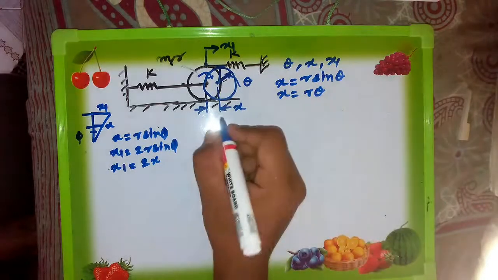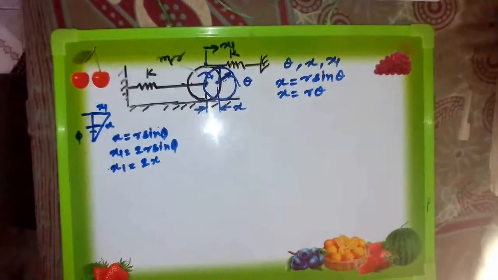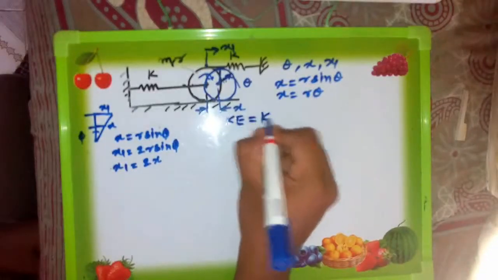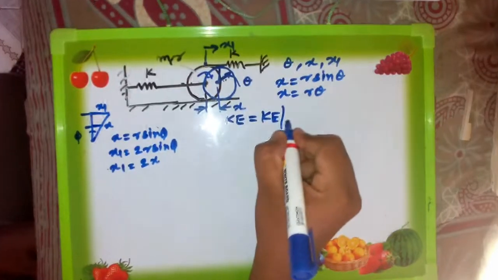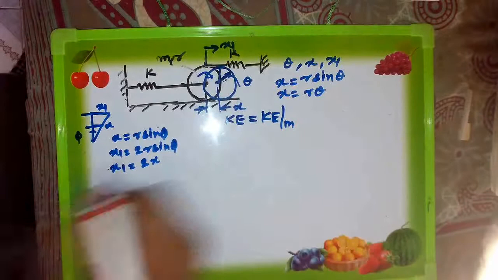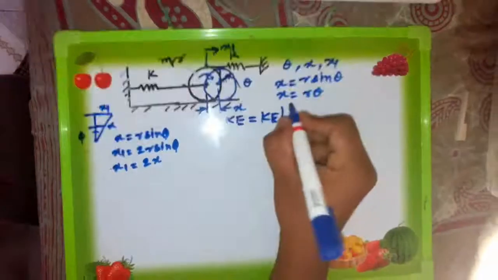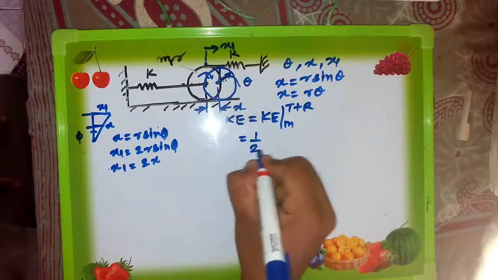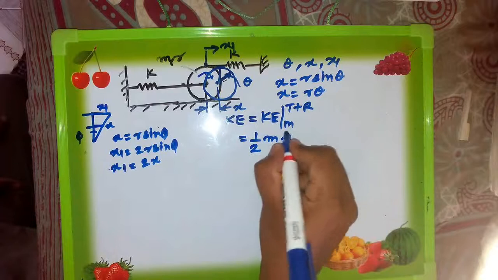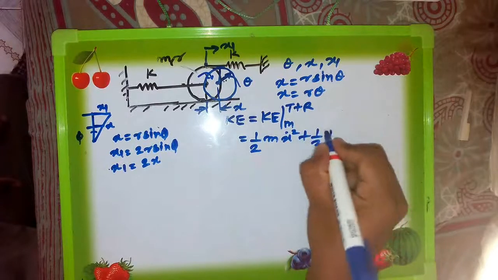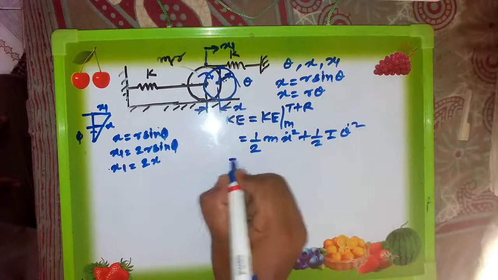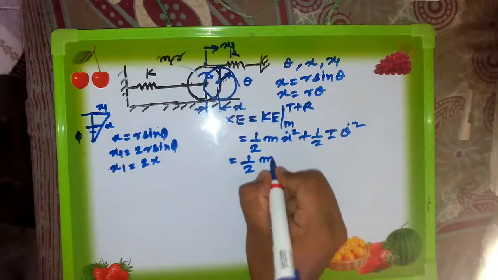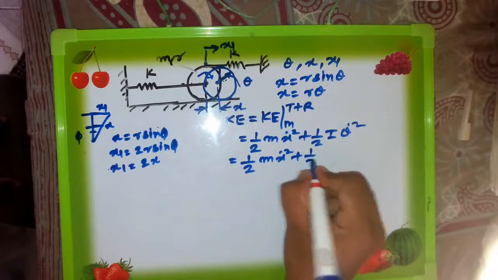Let it be in terms of theta, because it's a rotational disk also. So how to find it out? The net kinetic energy of the system is equal to the kinetic energy of the mass. Now in this case, the mass is rotating as well as translating. It means that it has translatory plus rotary motion. So can I write down, it will be 1/2 into mass m into x dot squared plus 1/2 into I into theta dot squared. Let it be, we'll solve in terms of x, which is equal to 1/2 into mass m into x dot squared plus 1/2 into I.